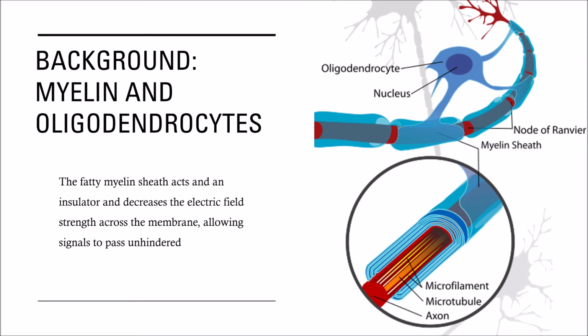If you send electricity through a copper wire with no rubber, a lot of it is lost, and the signal fizzles out and usually travels pretty slowly. But as soon as you enwrap the copper wire, the signal is able to be transmitted much more quickly because less energy is lost to the outside environment. There's still a number of things we don't understand about oligodendrocytes. For example, how do they decide which neurons to enwrap? And what determines how much myelin there is enwrapping a neuron?